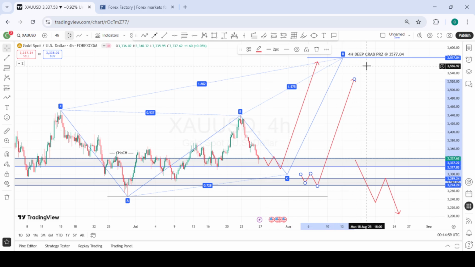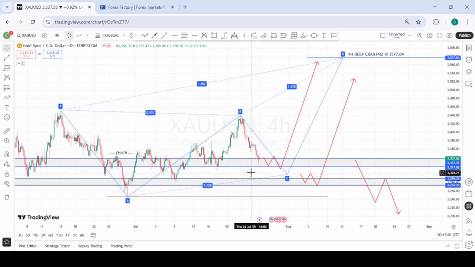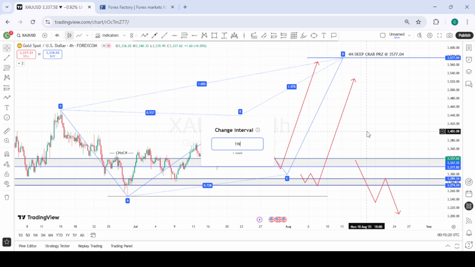So if price does not break below this low, as I said, then we'll be looking out for a potential deep crab pattern for gold. Gold is going to continue its bullishness from any of these two zones, depending on how price action or the market moves. And then if you look at it from the weekly perspective,